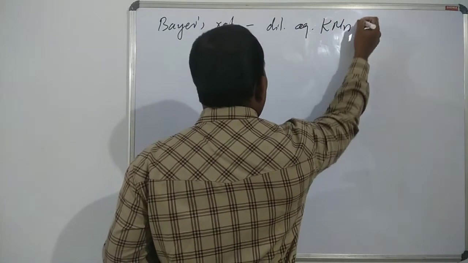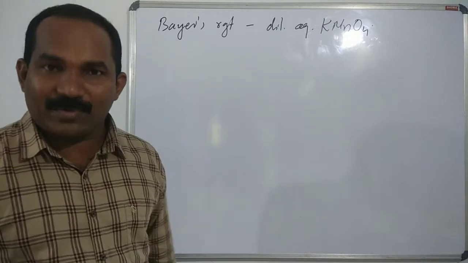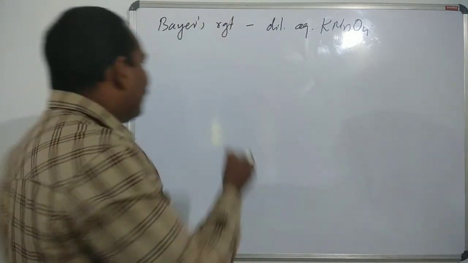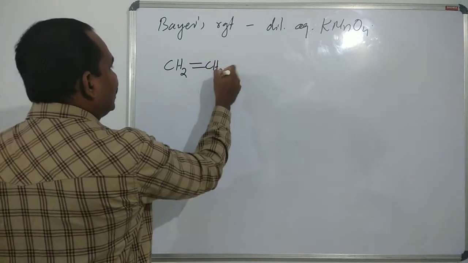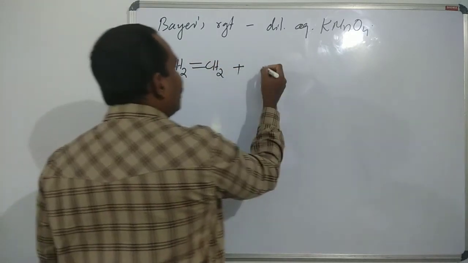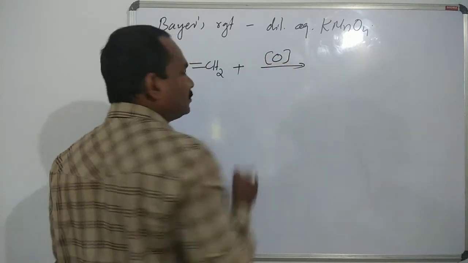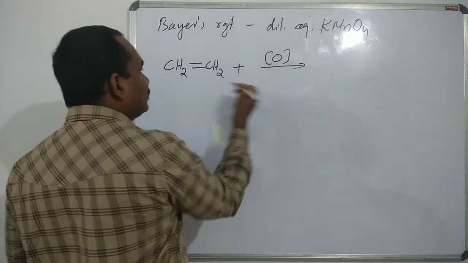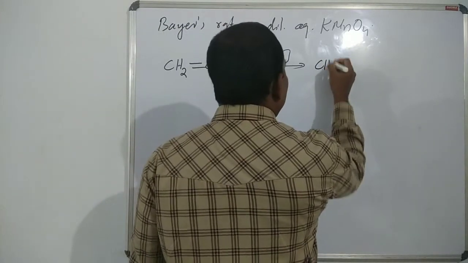Dilute aqueous KMnO4. Okay, when Bayer's reagent adds to alkene, oxidation in an aqueous solution, which means in the presence of water, we get